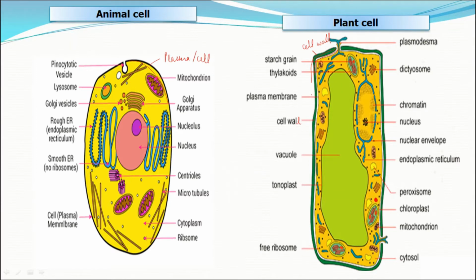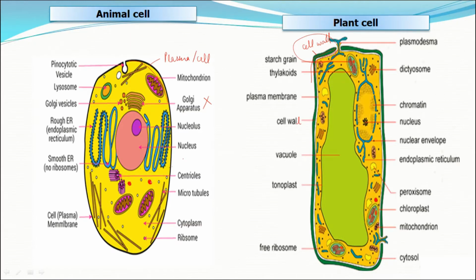Why? As we know, animals can move, they can protect themselves, so they don't need any extra layer. But plants are fixed at one place, so they need an extra protective layer from the environmental conditions. That's why they have an extra protective covering which is termed as cell wall, and this is the major difference between animal and plant cell. In addition, with cell wall, plant is able to remain stiff and upright.